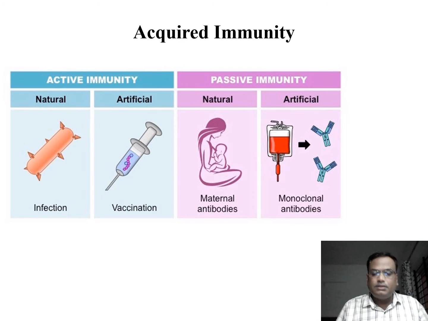And even after the birth, when the baby sucks the mother's milk, especially the colostrum, which is produced in the beginning, it contains large quantities of immunoglobulins. So what are immunoglobulins? Immunoglobulins are the ready-made antibodies. So the baby gets the antibodies directly from the mother. This type of immunity is called natural passive acquired immunity, because the baby is going to acquire this during its lifetime. And last one, there is one more method.